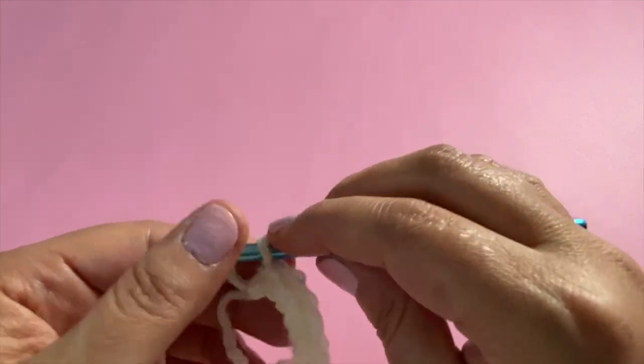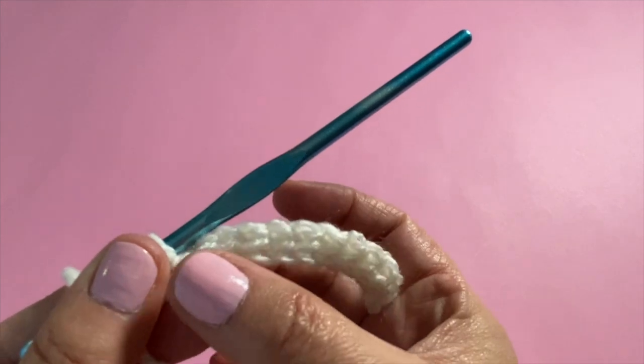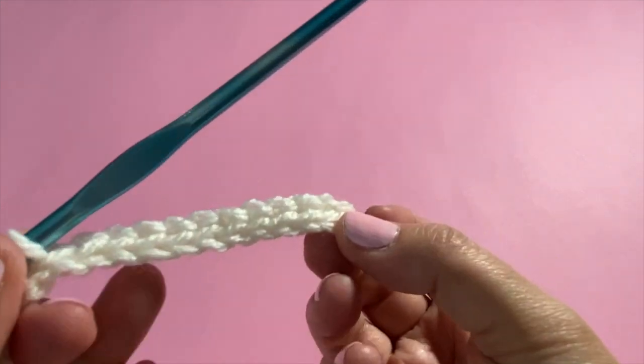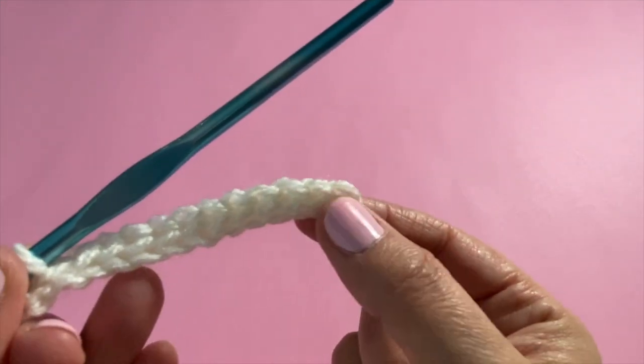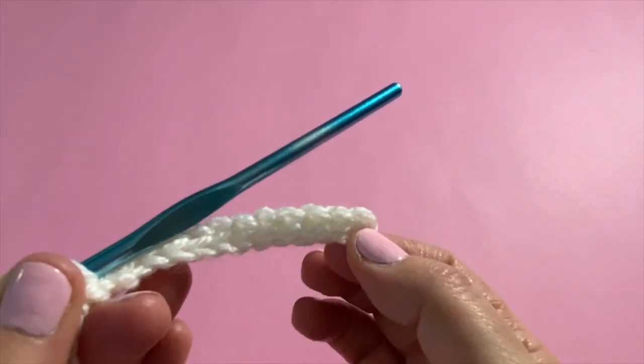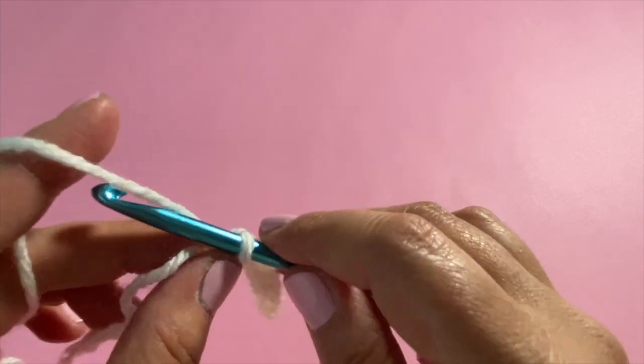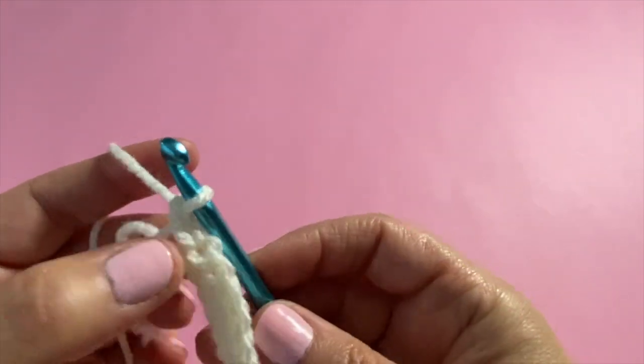Just like that. Okay, so this is what it looks like. And now I'm going to have 12 stitches. And from here on out, I should always continue to have 12 stitches in each row. So you're going to continue to repeat this. At the end of every row, you're going to chain 1,